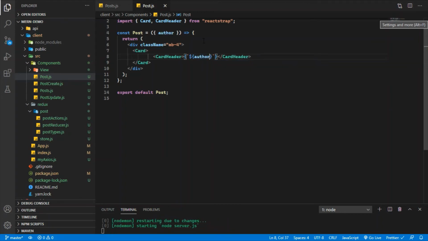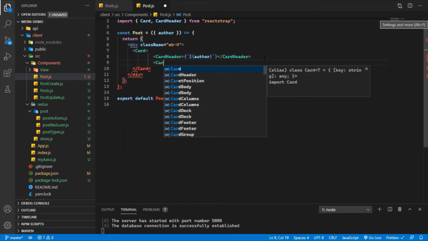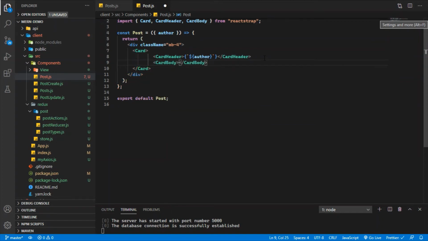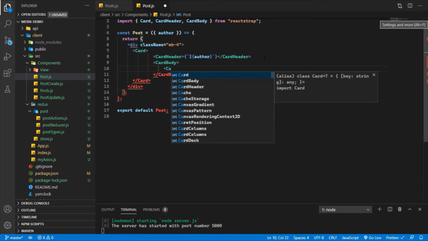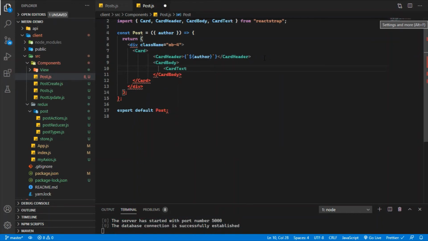Okay, guys, and then after that we are going to import card body, and in this section I'm going to import another, card text. In this portion I am going to import the content part,